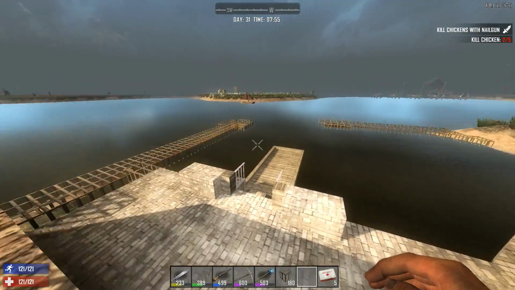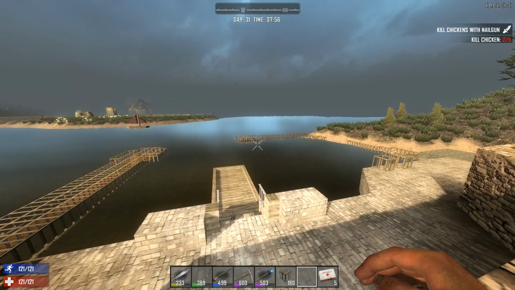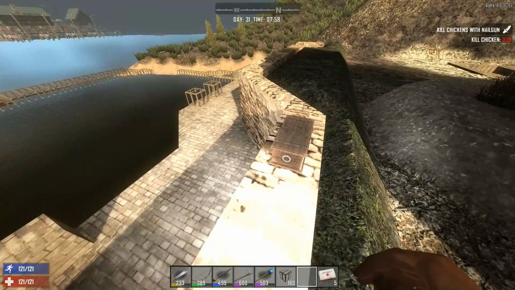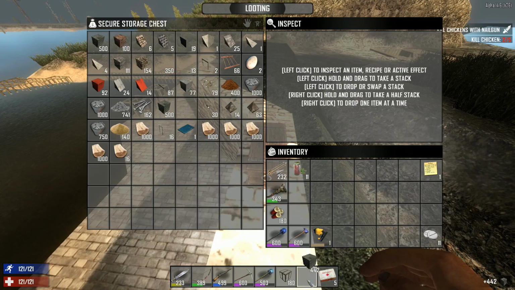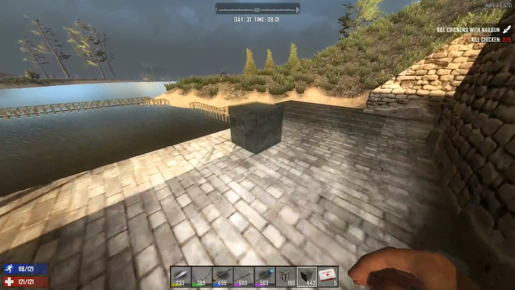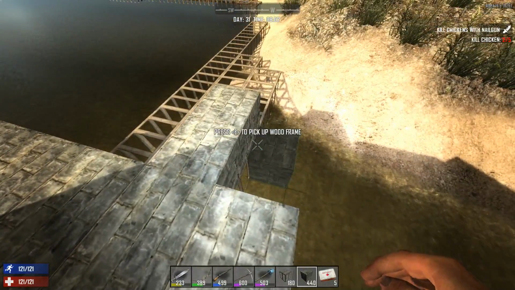For today, however, I want to start working on paving the arms of the marina, so we can actually get a good sense of what this marina is going to look like. Now, I filled this box up with a few materials that we're going to use, so let's just grab a stack of bricks and start placing them down. And yeah, that's I think a good start